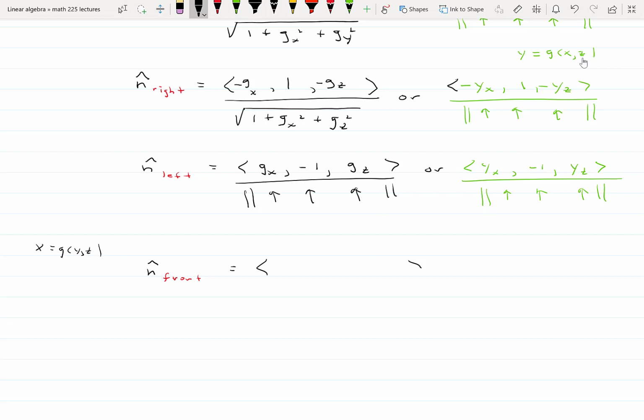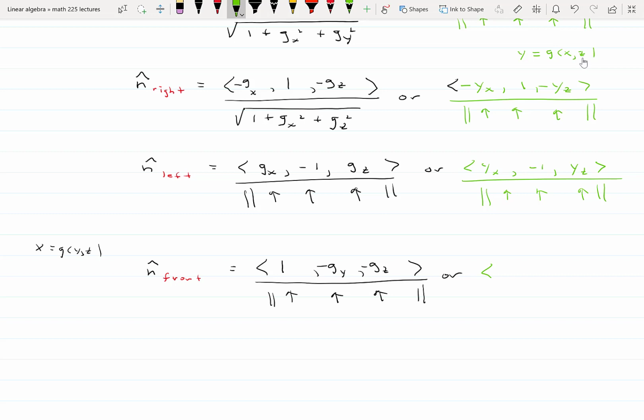Okay, so what would I like to happen? If you're getting used to this, then you should be able to tell me what one of the components would be and where that should be. If it's in the front direction, that means I'd like x to be positive 1, and then I'd like to have the derivative with respect to y opposite, and the derivative with respect to z negative also, and then divide by the length of that same vector. Or, in simplified form,